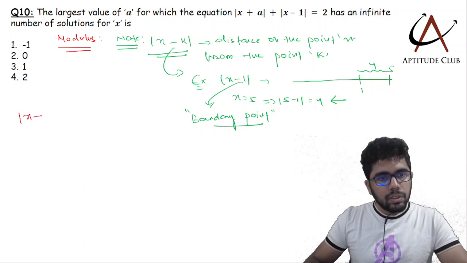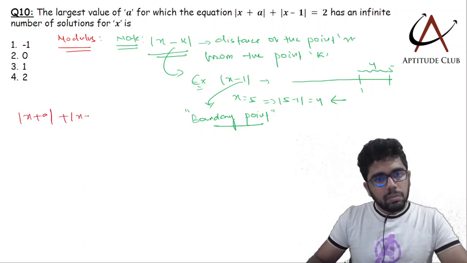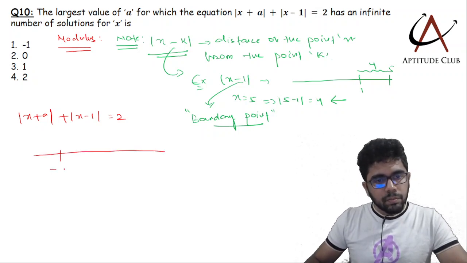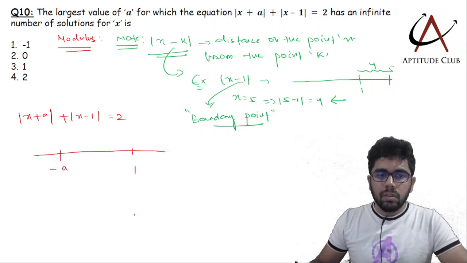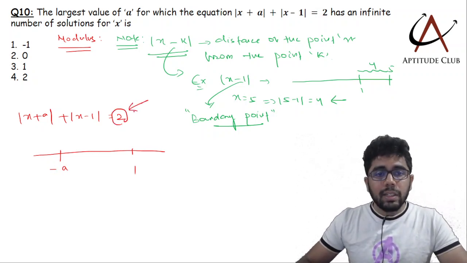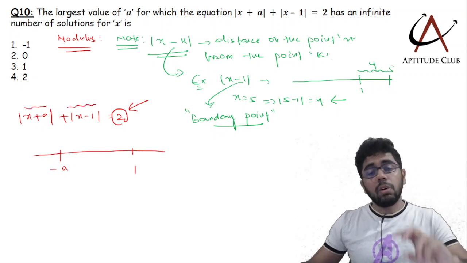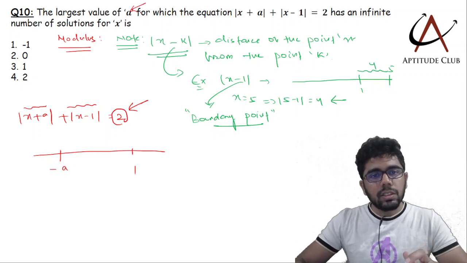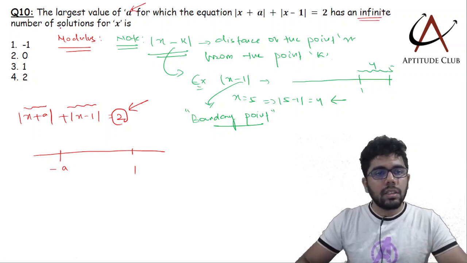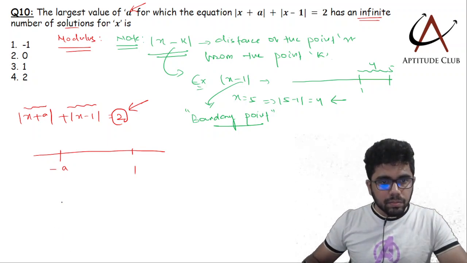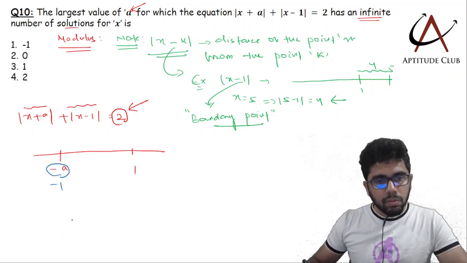तो here we have the equation mod x plus a plus mod x minus 1 is equal to 2. So I have two boundary points, minus a and 1, and the equation has to be 2. That means I'll take two distances and the sum of those two distances is 2. How many values, or what is the largest value of a for which this has infinite number of solutions? Now think about this. अगर तुम ये क्वेश्चन में if you take this as minus 1, so any value of x in between